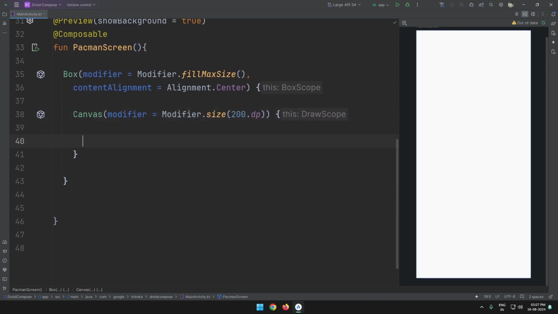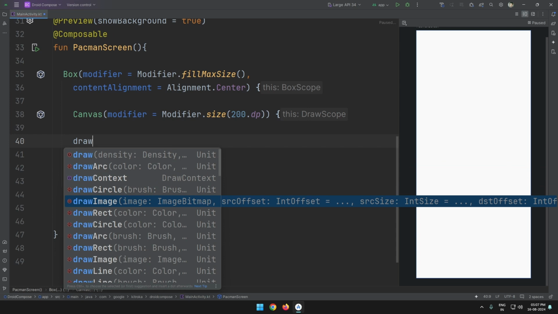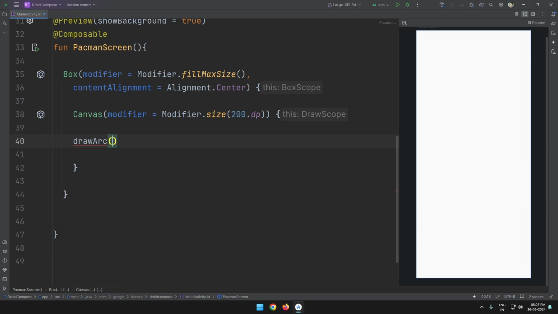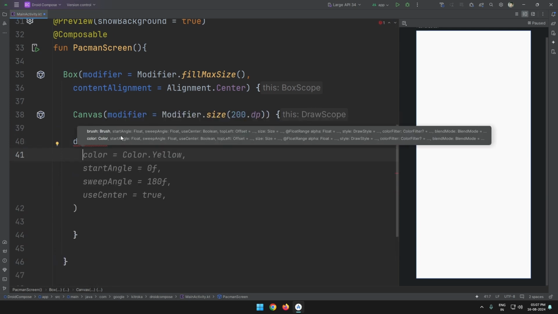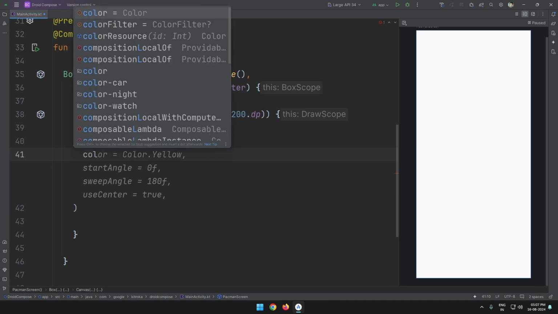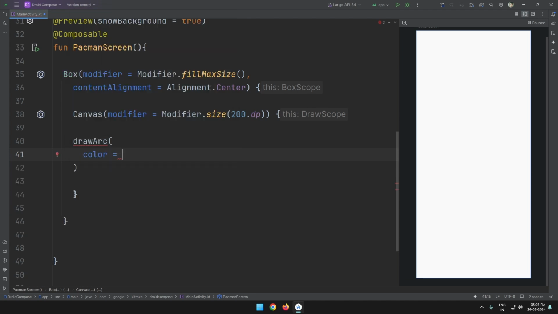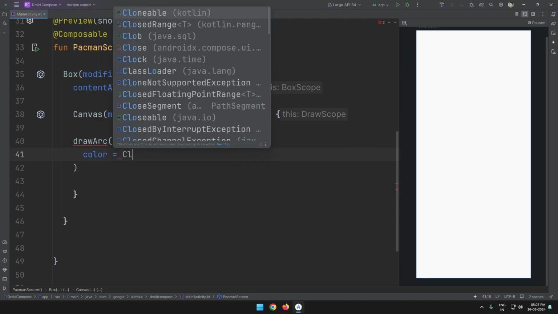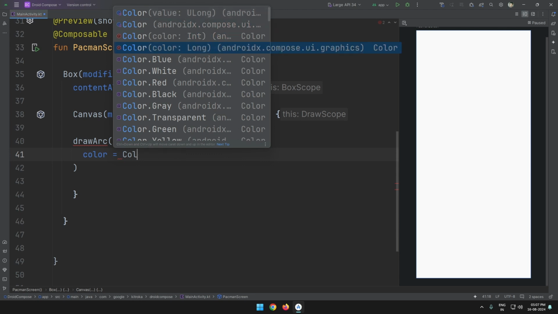Now inside this draw scope we get many functions like draw arc, draw circle, draw image. So now we need draw arc, and in draw arc function there are many parameters such as color, start angle, sweep angle, and use center, and there are other parameters also. And for this video let's give it a color parameter and give it a color of red,